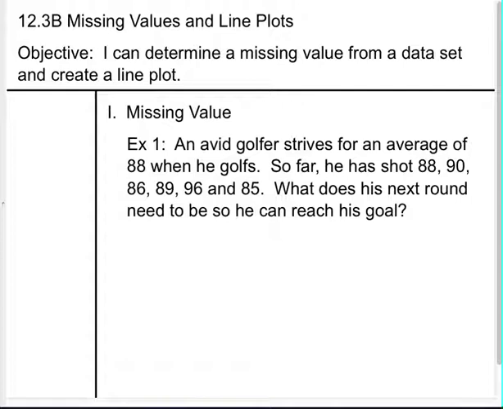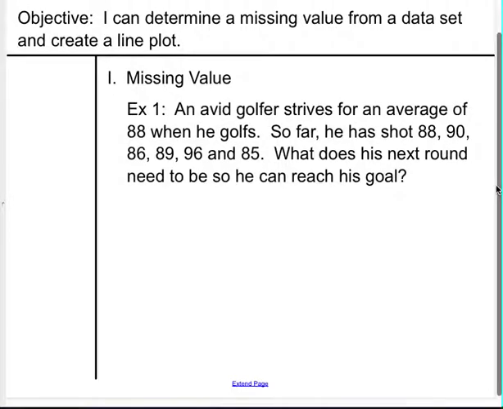We're going to start with a golfer who wants an average of 88. So far he's shot 88, 90, 86, 89, 96, and 85. So we're wondering, what does his next round need to be so he can reach his goal? So we're looking at an average. Remember, when we find the average, we add all of the data values and divide by total number of data